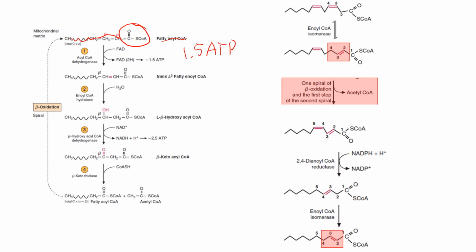And then once that's happened, essentially what we've done is we've added a double bond in here. The actual chemistry of this isn't incredibly important. The only thing I would really remember, this will definitely be a question on either a quiz or an exam, is that 2 carbons are cleaved for each round of beta oxidation. So I would definitely remember that. I'd say that's the most important part of all of this, as well as some of these enzymes are more important. I would say if Dr. Robbins is going to ask you about them, it would probably be one of these two. As these two aren't talked about quite as much. Could possibly be number 4 as well,